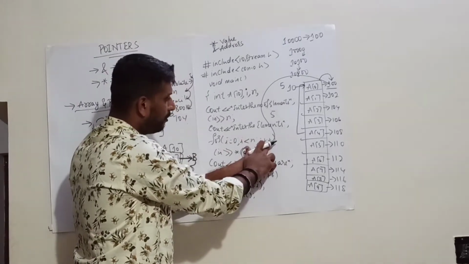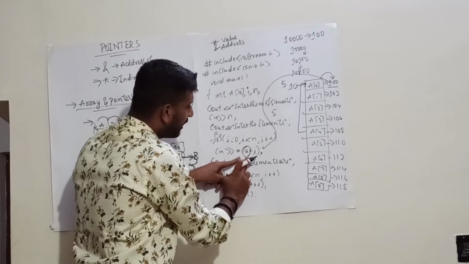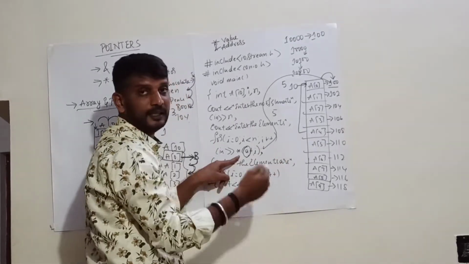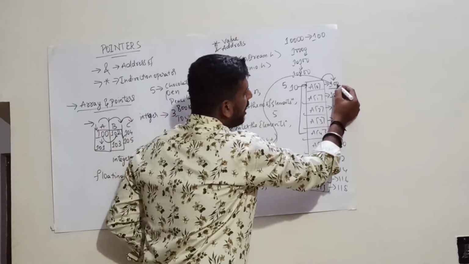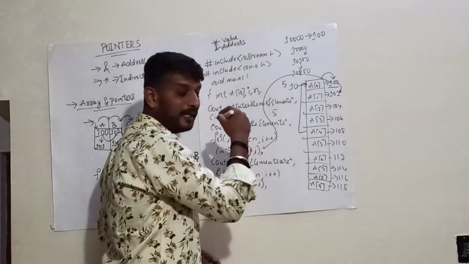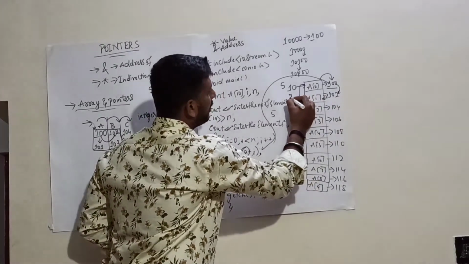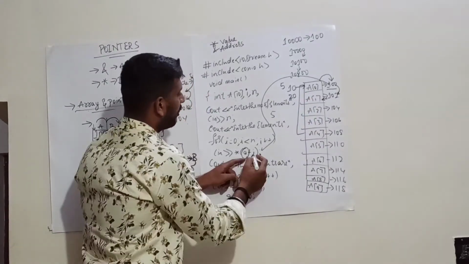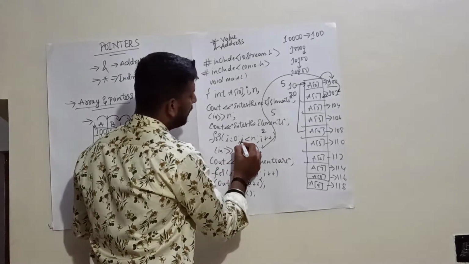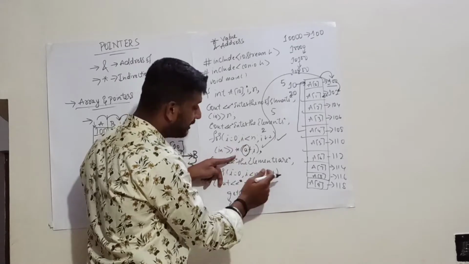Since it is a for loop, the i value gets incremented in steps of 1, but I am making use of the integer pointer, so it gets incremented in steps of 2. So 100 plus 2 is nothing but 102. Whatever element I enter next will be stored at 102. So I will enter it as 20. Next, the i value gets incremented. The i value now becomes 2. 2 is less than 5, it is true. So I will enter the next element.